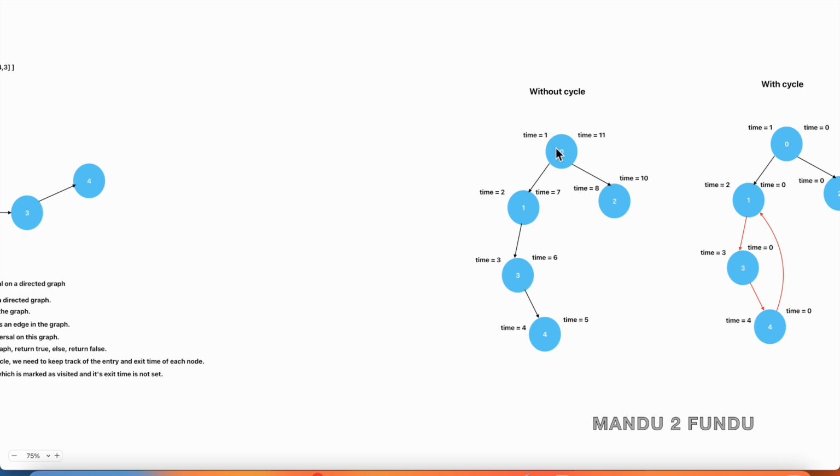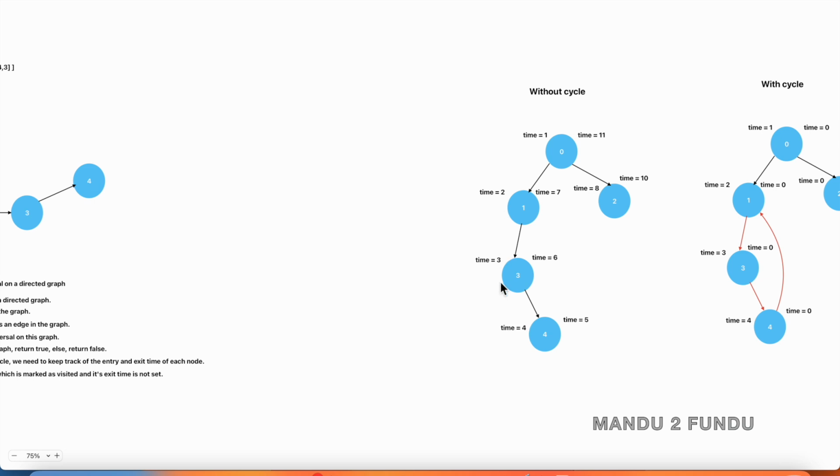For example, when we enter 0, we increment the time from 0 to 1, and we save this in the 0th entry of the arrival array, and then we see node 1. So we call the DFS function recursively, and in that function we increment the timestamp, which becomes 2,